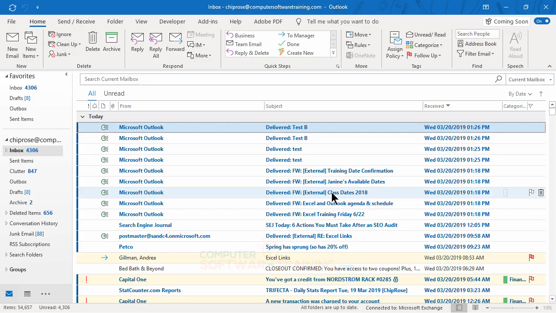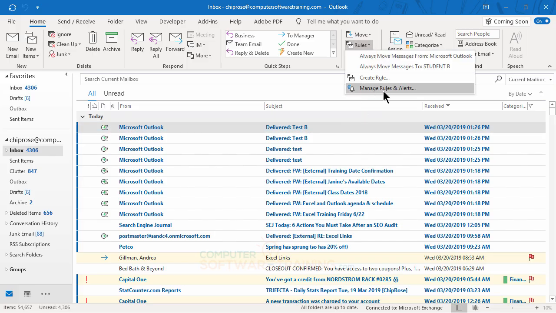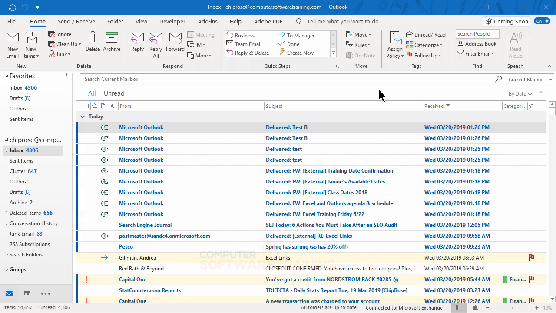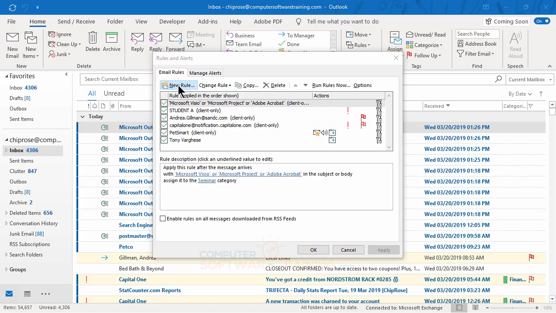Well, the first thing, and I'll tell you what we're going to do ahead of time, it's going to be anybody from harper.edu. That'll be their domain. So anybody from that college will end up getting moved into a special folder that we will set up. So we'll go back into Rules, then hit Manage Rules. We're going to do a new rule